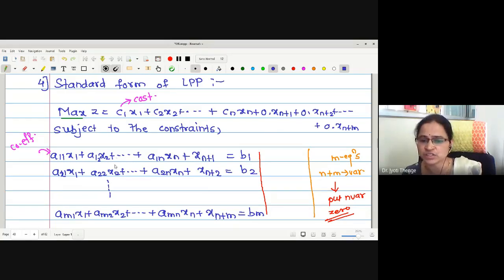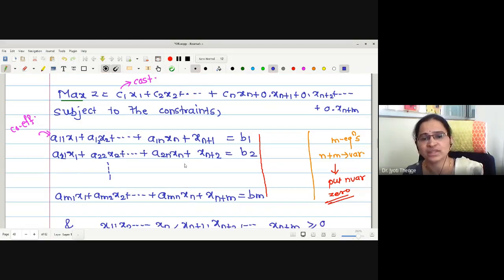Therefore, if I substitute the values of all the original variables x1 to xn equal to 0, whether it will be a solution of the given objective function or not, whether a trivial solution exists for the system or not. Yes, a trivial solution is going to exist, because if I put the values of x1 to xn at 0